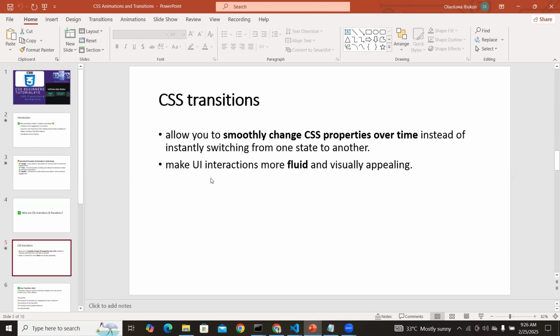You know already about CSS properties, but you can transition. Transition is moving from one point to another. In this case, we are talking about CSS properties, so you are trying to change from one CSS property to another over time, not instantly. So you are doing it over time, which gives it this good feel and effect. It allows you to smoothly change CSS properties over time instead of instantly switching from one state to another. So this makes your UI interaction more fluid and visually appealing,